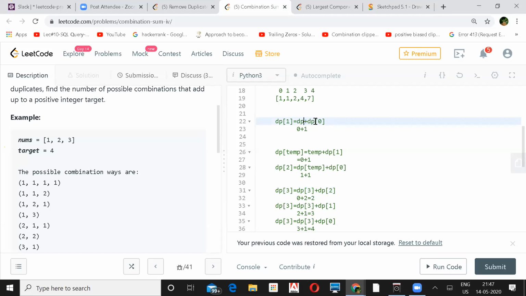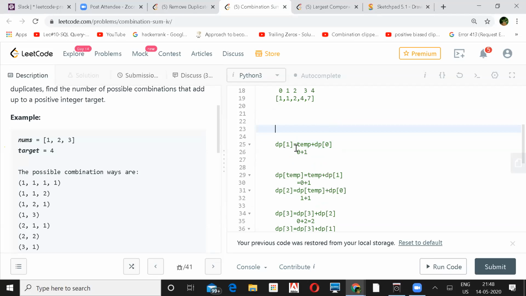Right. Okay. Yeah, and then at the end, when you are done with that, just say temp. No, not this one. Just remove the whole thing. Before the equal sign, you say temp. Yeah, just remove the dp of 1 and make it temp. And now when you are done with this whole thing, at that time you come after on line 27, you can say dp of 1 is equal to temp.